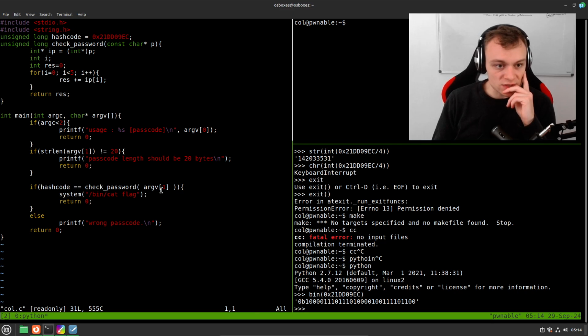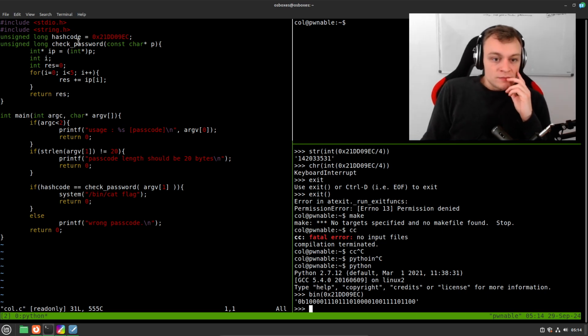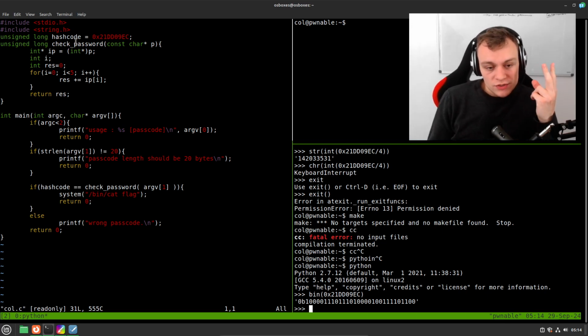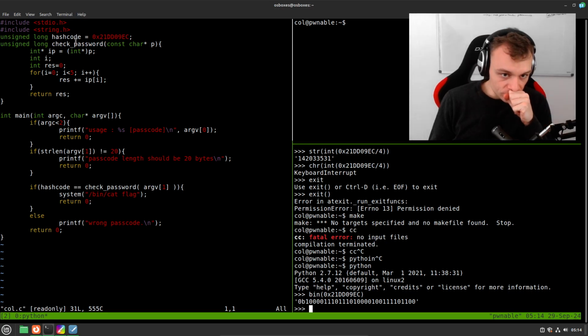The password is checked here and it's compared with the hash code. The hash code is an unsigned long. This is 1 byte, 2 bytes, 3 bytes, 4 bytes. So this is 32 bits. That means an integer is 2 bytes probably. This means that two characters, which are each 1 byte, are jumbled up together and converted to one integer. So the question is here,